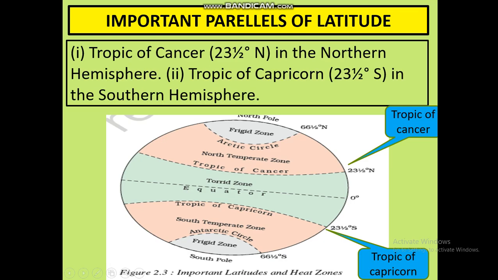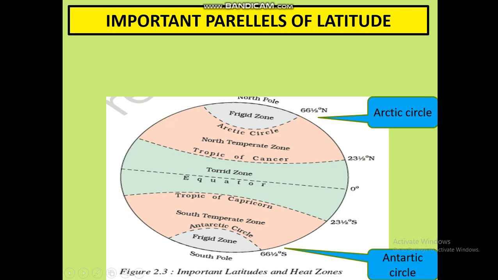Tropic of Cancer. This upper portion is the northern hemisphere, that's why they have written N before the measurement. So the first important latitude is the Tropic of Cancer, that lies on 23.5 degree north, and similarly on 23 and a half degree south lies the Tropic of Capricorn. As you can see, the names of the northern hemisphere latitudes are shorter, and the names of the southern hemisphere latitudes are longer. 23 and a half degree N, Tropic of Cancer. 23 and a half degree S, Tropic of Capricorn.